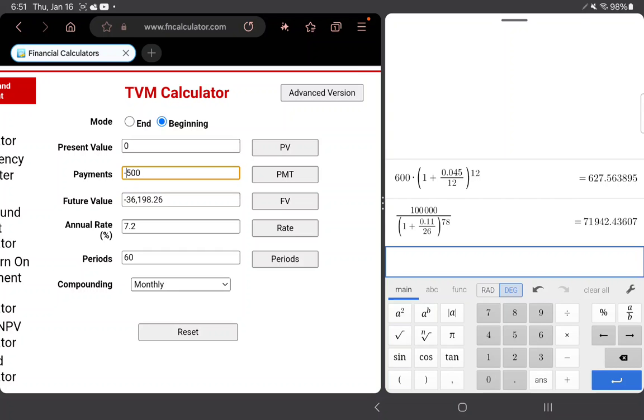Technically, I should probably do it like a minus $500 so that the future value is positive. I'm paying out that $500 and getting back the $3,600. It doesn't change the numbers in these simple cases though, so you don't really need to worry about it that much. Okay, so we'll do one more example where we have a savings goal and we're trying to figure out